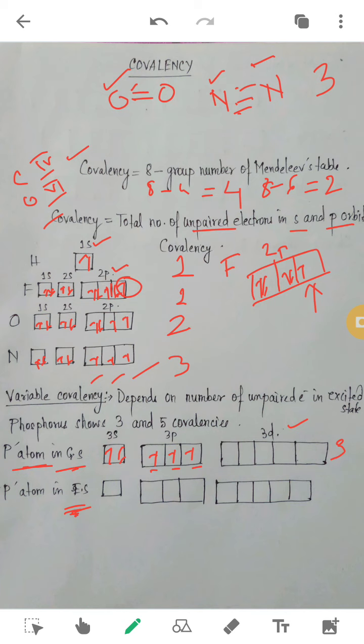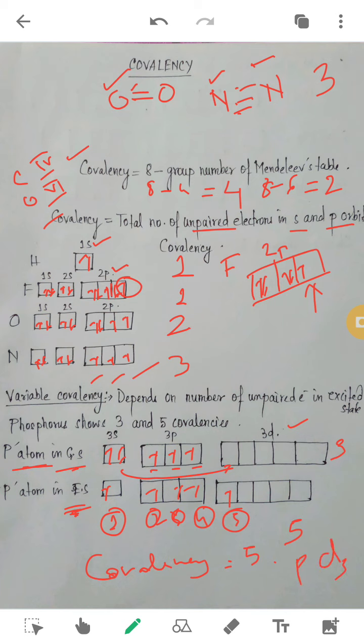Again, if we see the excited state, that is also possible, and that is more stable again. The s orbital electron can jump to the next d orbital. Here 1 electron will be left. Here already 3 electrons were there, right? And one of the electrons has jumped from s to d. Thus we have how many unpaired electrons? 1, 2, 3, 4 and 5. We have 5 unpaired electrons, and so the covalency here rises to 5. So that is in the formation of PCl5 we can see that.